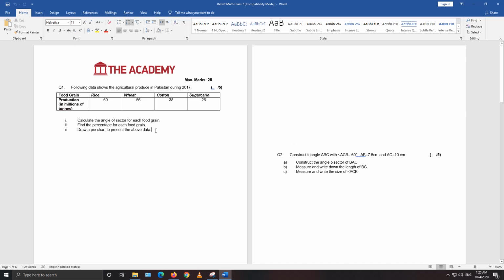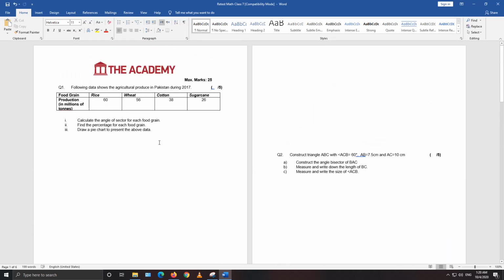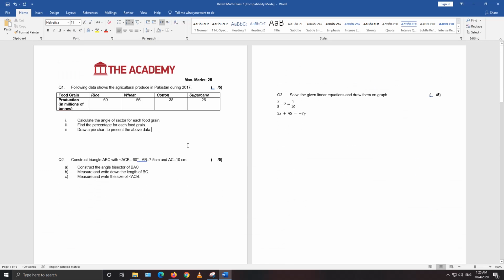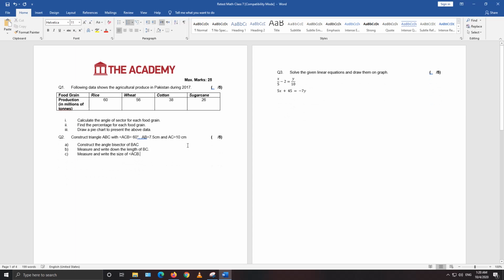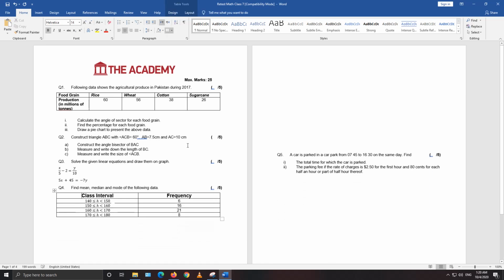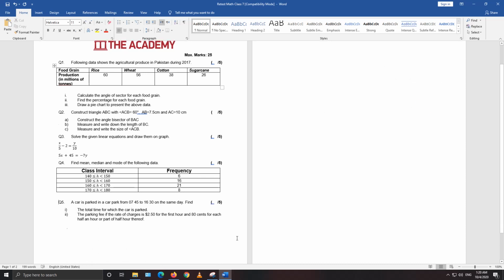Usually we make the paper by leaving spaces, so we have to eliminate these spaces first in order to take it to one page. So I will remove all the space in between and just add the question in it. Just like this. Now I have only questions in one page.